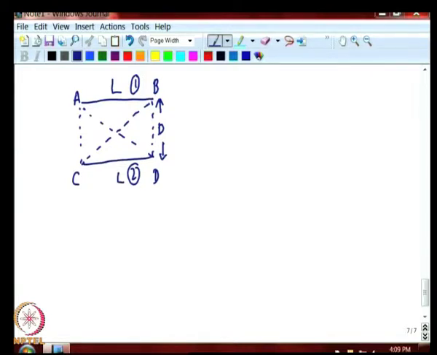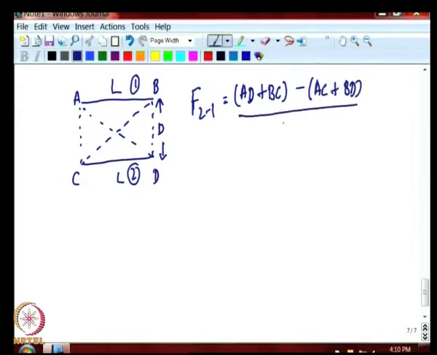Okay. And the Hottel's cross string method says that F21 will be equal to the sum of the cross strings, that is AD plus BC, minus the sum of the parallel strings, that is AC plus BD, divided by twice the length of surface 2. Now, this example was very simple because the basic surfaces are flat and it is easy to visualize what the strings are. So, the final result of this would be